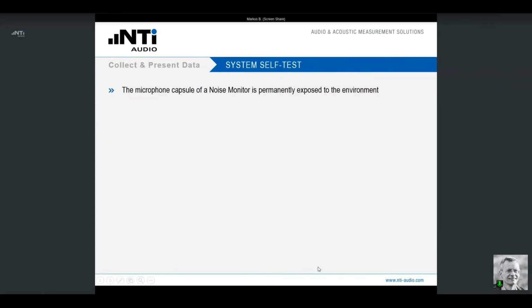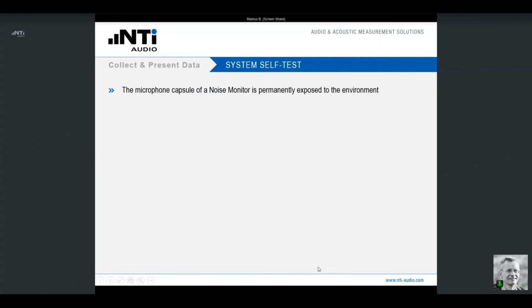Okay, now let us dig deeper into the system self-test. The motivation behind this feature is that the microphone capsule of a noise monitor is permanently exposed to environmental impacts. This can be dust, temperature changes, moisture, rain.